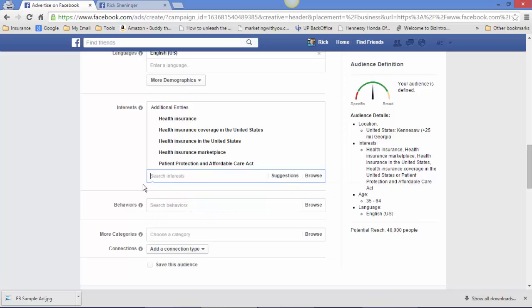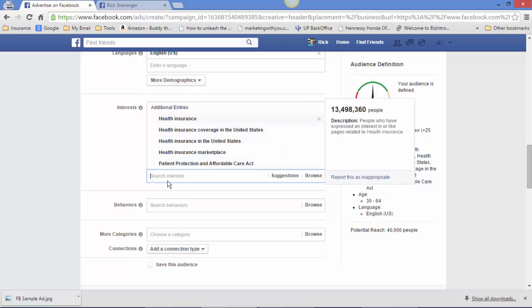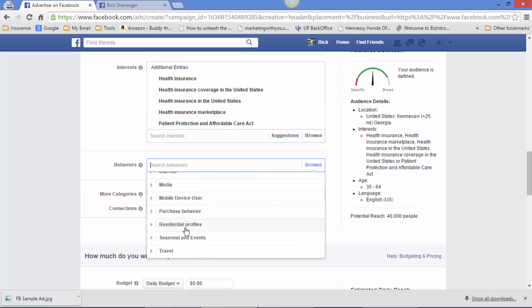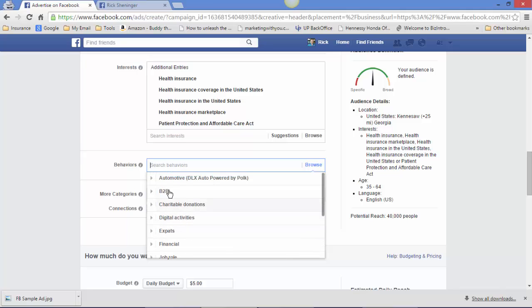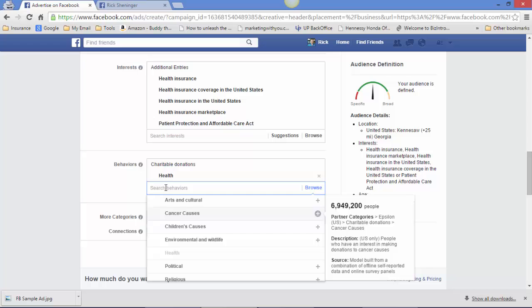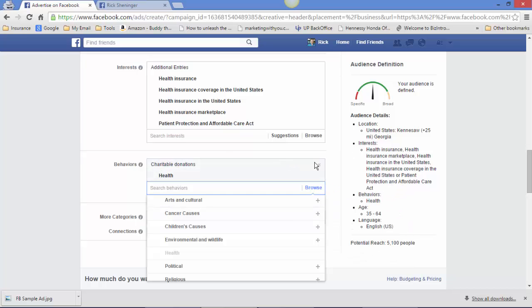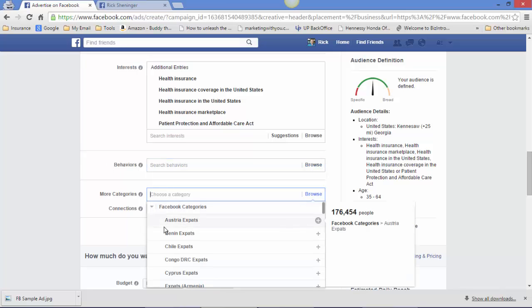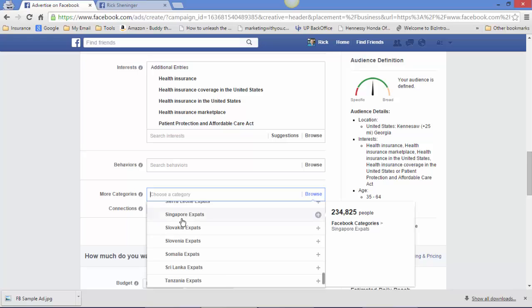Nothing else for that. We'll just do those for now. Again, search behaviors, you can narrow this way down. Once again, I'd recommend not doing this right now, but, you know, charitable donations and health, you can narrow it down even further. More categories, Facebook categories,